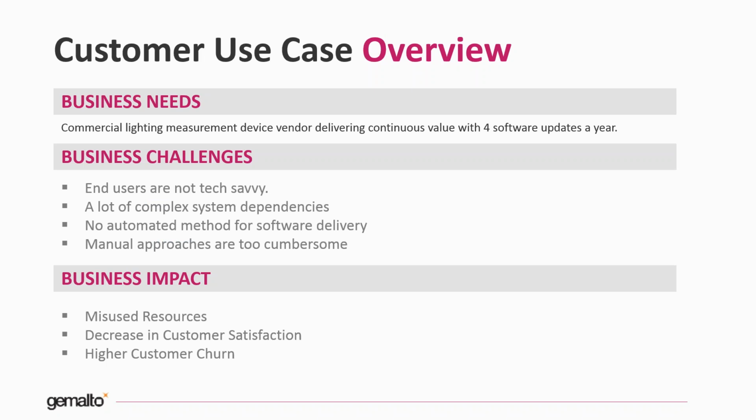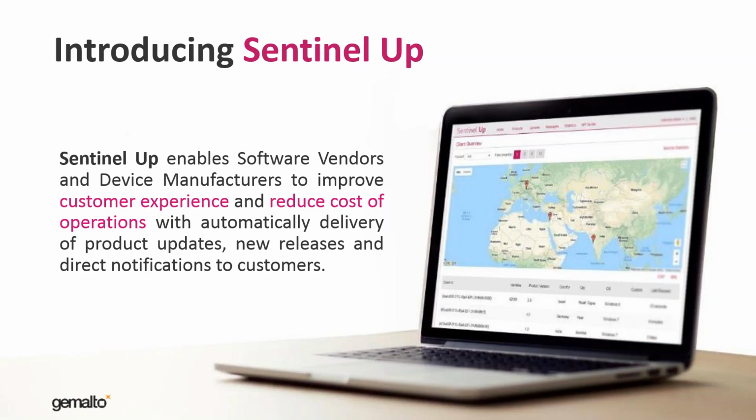Great. Yeah, I think that's consistent with what I hear when I talk to a lot of customers, that a lot of them are still doing this manually. So having heard all that, and having looked at the use case that I talked about with this customer, I want to talk really quickly about Sentinel UP. Sentinel UP is a software update platform. It is meant for both software vendors as well as device manufacturers. The primary objective is to provide a very seamless experience for your customers in terms of how you notify the real end users, and then also be able to send seamless updates to them so that they